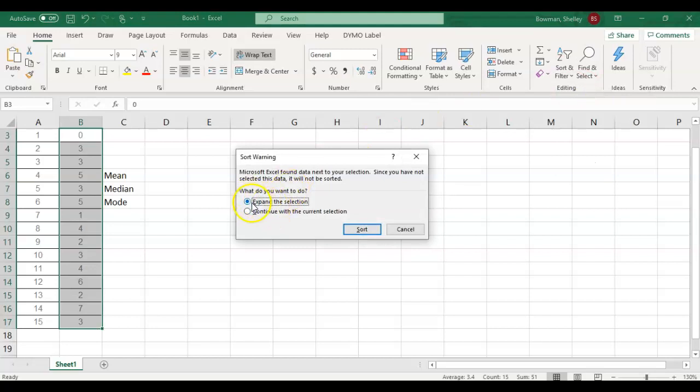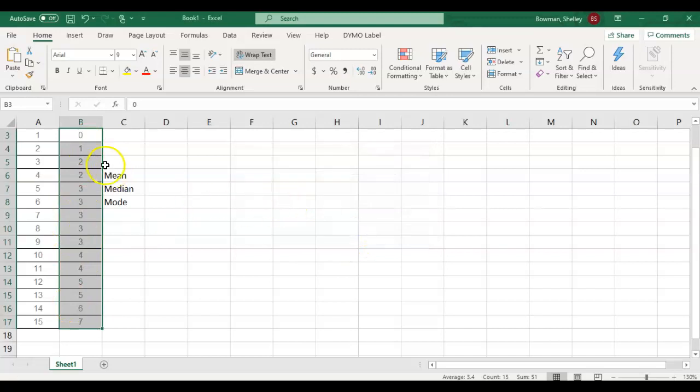It's going to ask me if I want to expand the selection, meaning if it moves this from smallest to largest, the coordinating values over here will also move. I don't need to do that, so I'm just going to say just move these ones here with the current selection. Okay, from low to high, and that shows me right here that I actually have 1, 2, 3, 4, 5 in the mode,